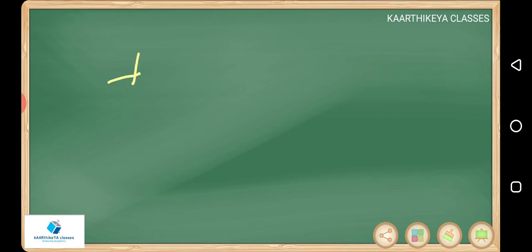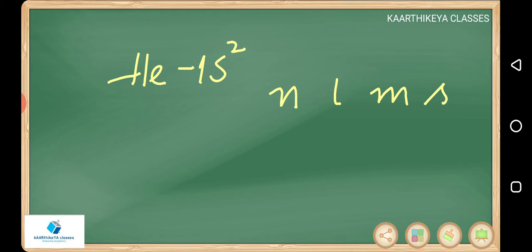See one example. For example, I am taking helium. Helium's electronic configuration is 1s2. So the n value, l value, m value and s value, the 4 quantum numbers for the first electron and the second electron. If you see,